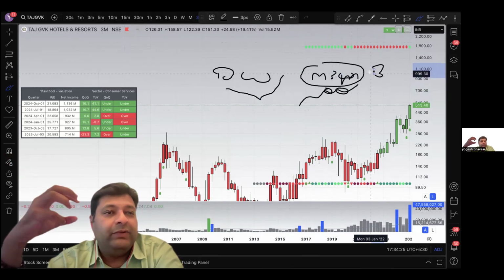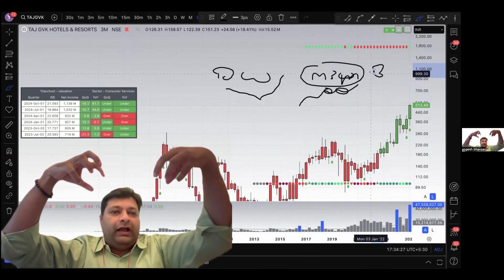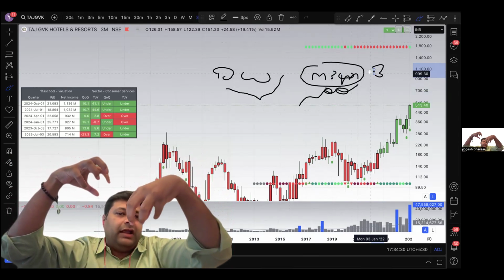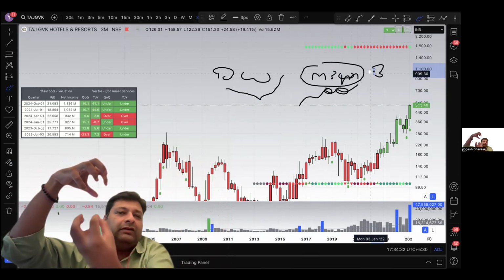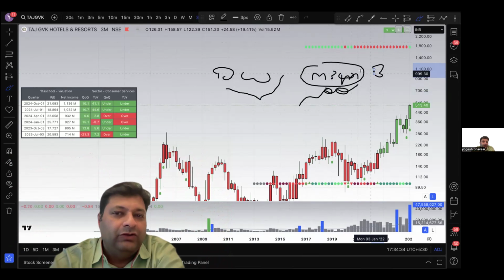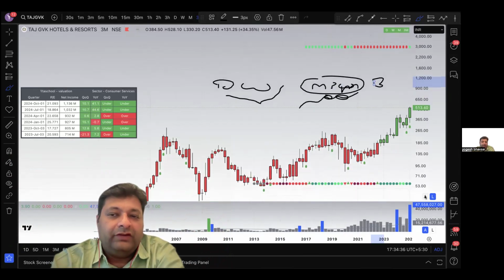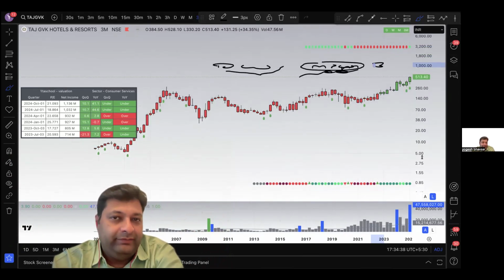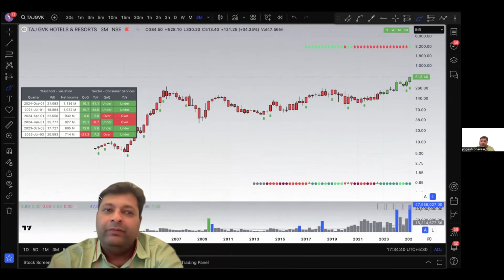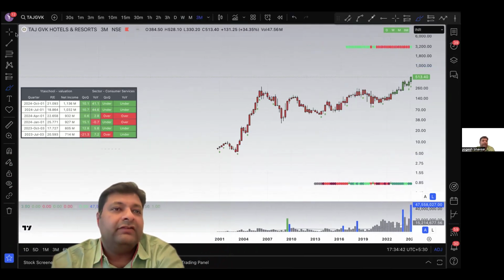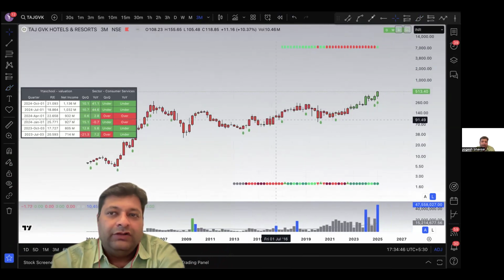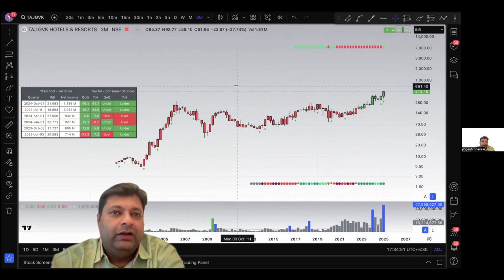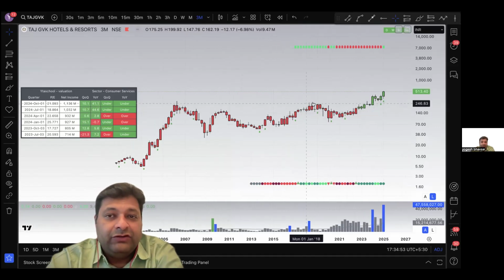So they behave like a magnet. As soon as the lower time frame tries to go against the magnet, the magnet pulls it back up. So this is how I have created the system. It's my logic, you may agree with it or not, but this is how it works. So what it is trying to tell you is that the higher time frames are on the bullish side, and the lower time frame, which is here,